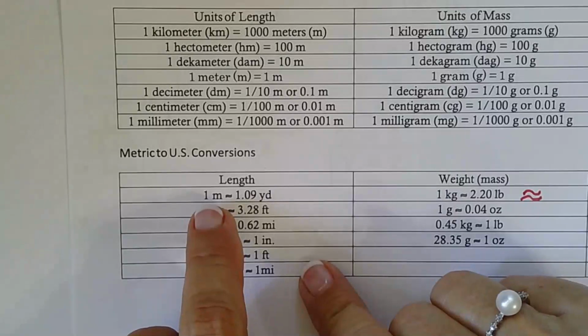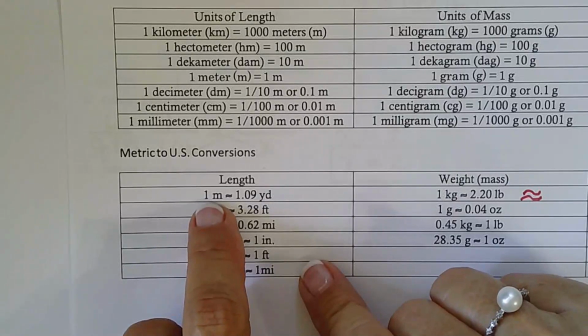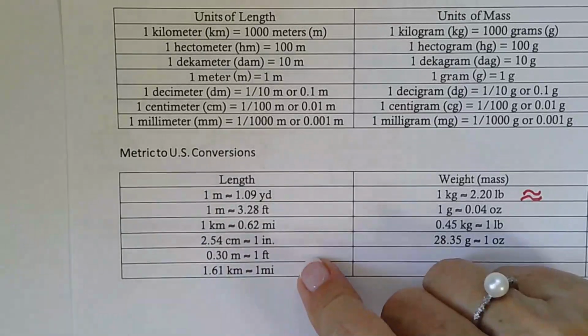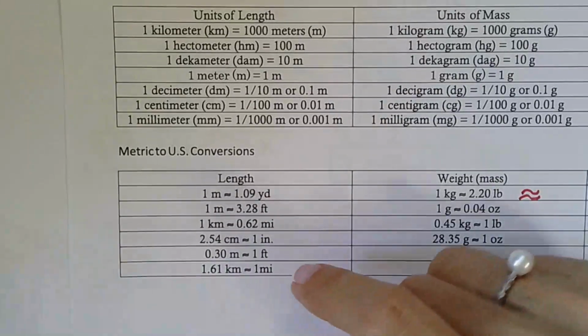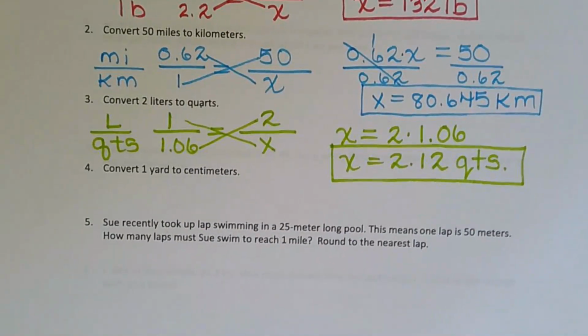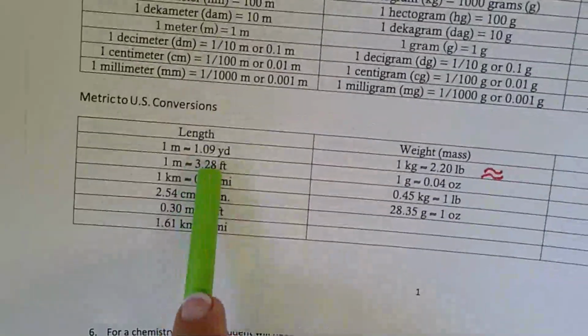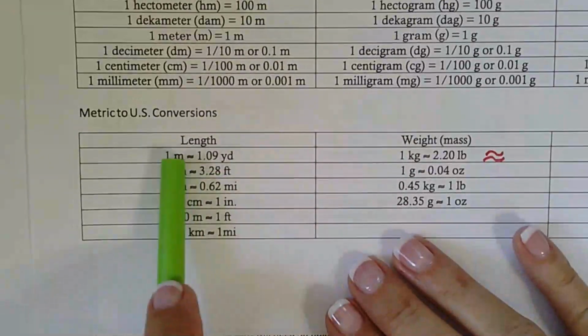I need to use our methods from the last section to change centimeters into meters. Then I can use this one. So this problem is a two-step problem. So first we have to change